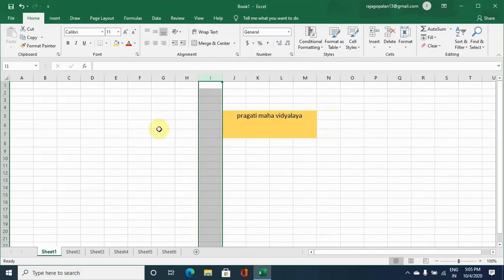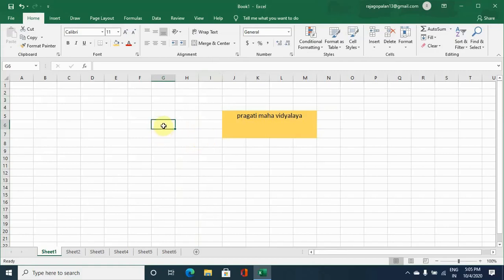Now say you want to change the height and width of a cell. Whenever you want to change the height and width of a cell, that is required when you are typing a matter wherein you want the matter to appear bigger in size. In that case, we change the height and width of the cell.